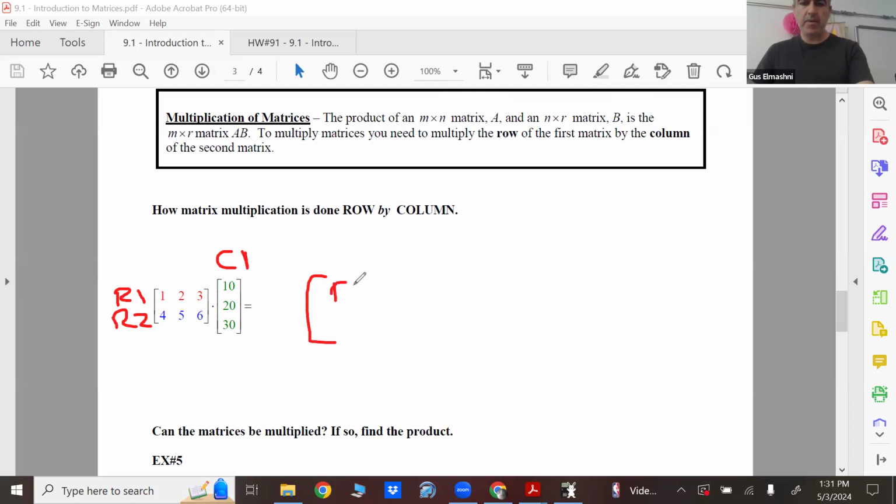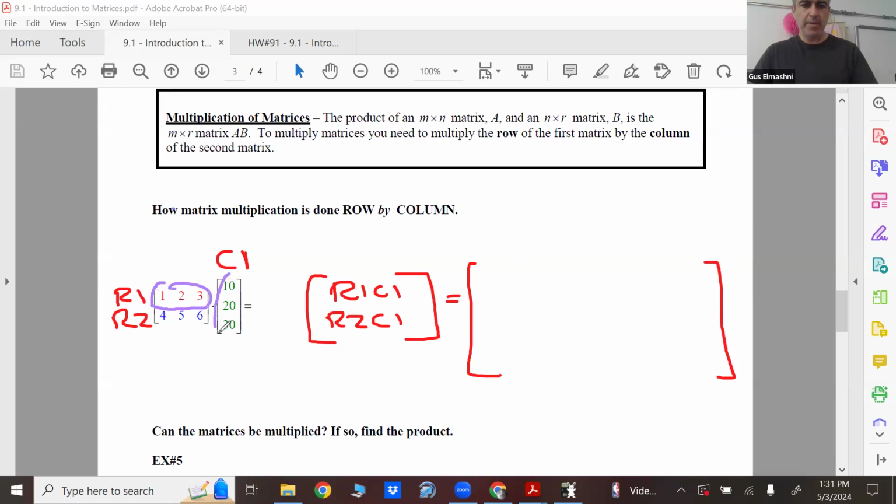Hold on, let me fix that. Row 1 with column 1, and you multiply row 2 with column 1. What does that mean exactly, though? Here's what you do. That's row 1. That's column 1. So you're going to multiply 1 with 10, add it to 2 times 10, add it to 3 times 30. The combination of all those products will be your row 1 C1. Then row 2 C1 will be